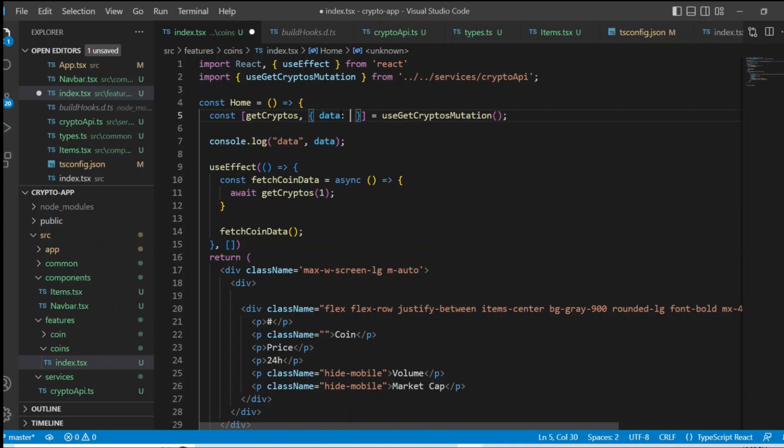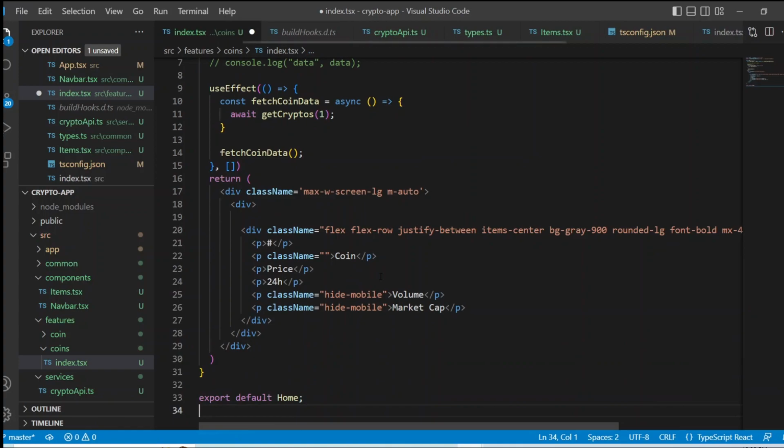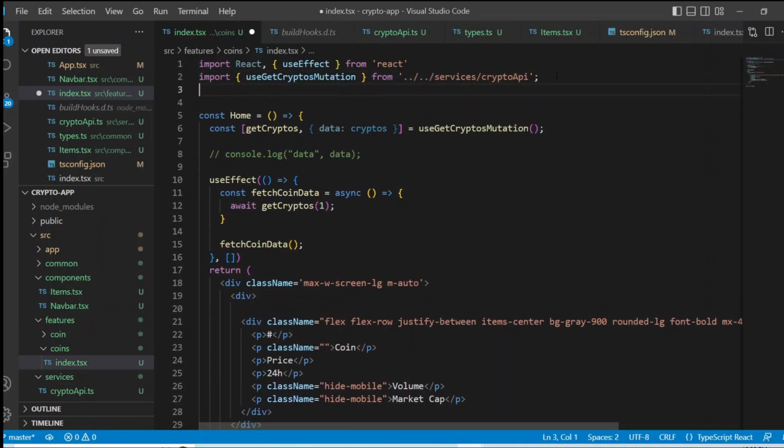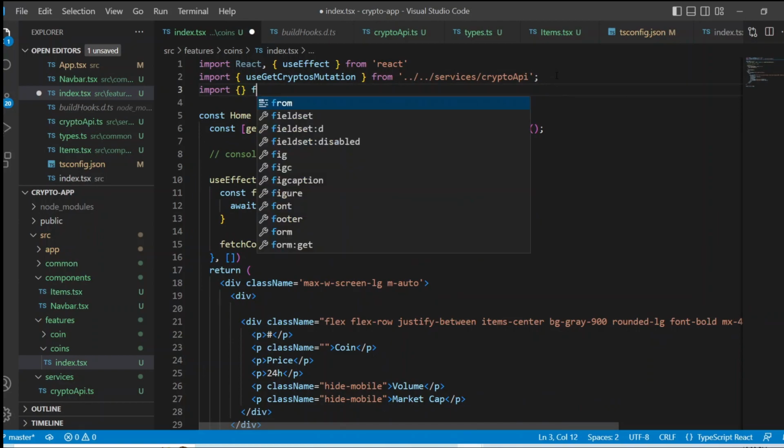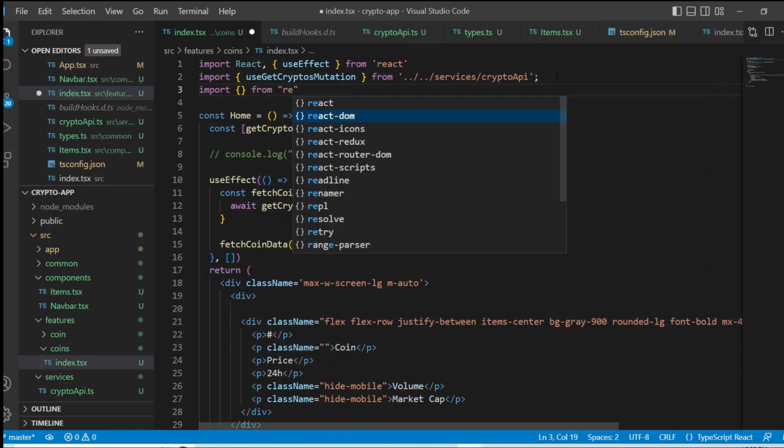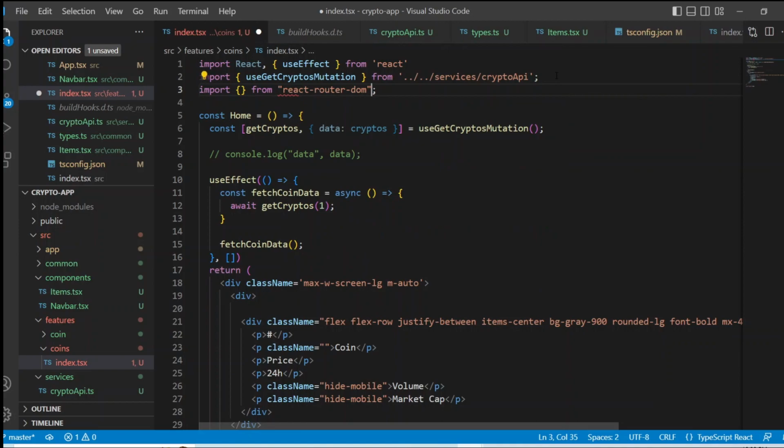So I'm just going to rename this to cryptos, and let's put a comment here. And from React Router DOM, I have to bring a Link because we are going to have a detail page. So whenever a user clicks on a particular cryptocurrency, he is going to navigate towards a detail page. So we need here Link,